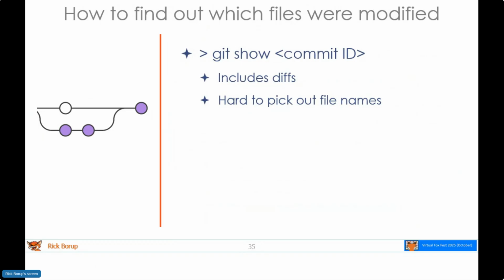Another question that might arise is to find out what files were modified in a particular commit. So one way to do that is to say git show and then the commit ID, which works except that it also includes the diffs. And in command line Git, when you're not working with a GUI, that can get pretty hard to discern what actual files were changed. And you might not be too interested in the actual diffs, especially in a text format at that time. So let me go over to